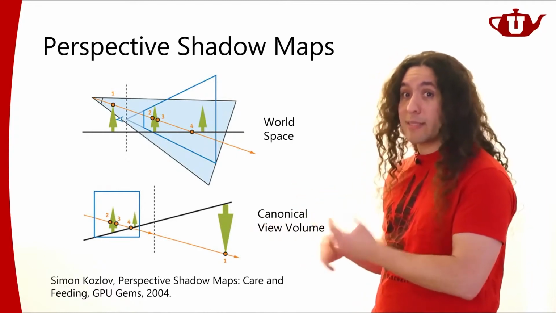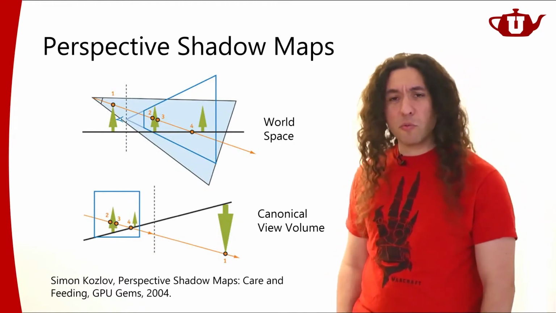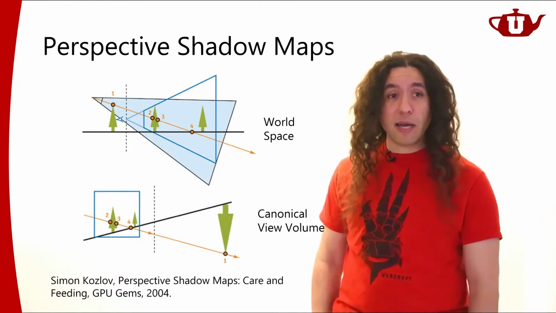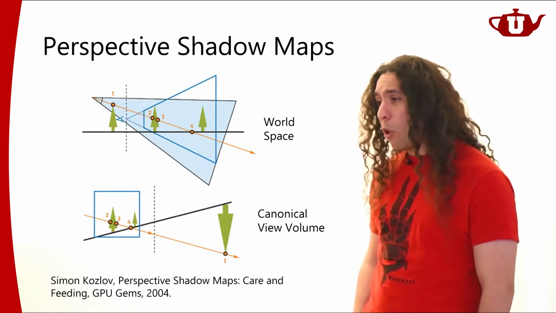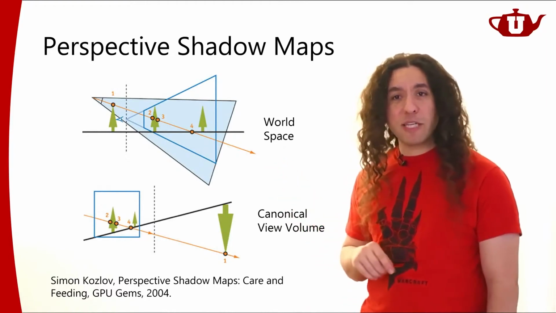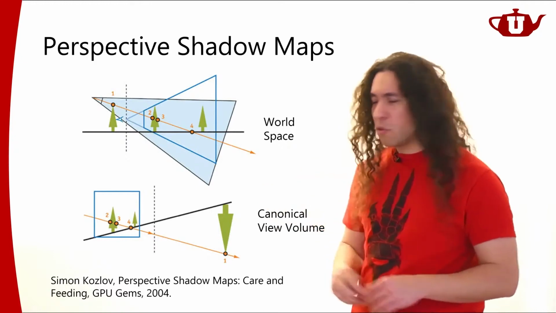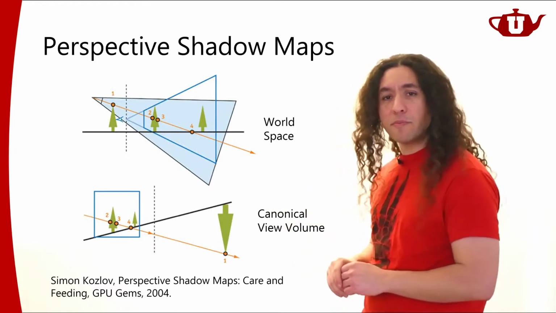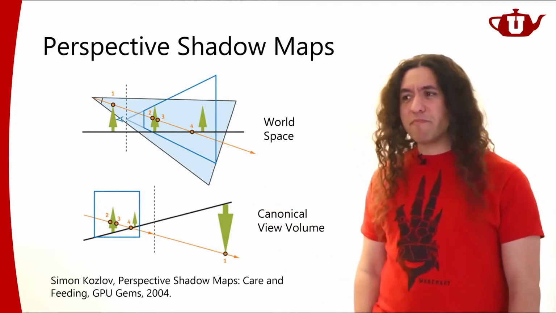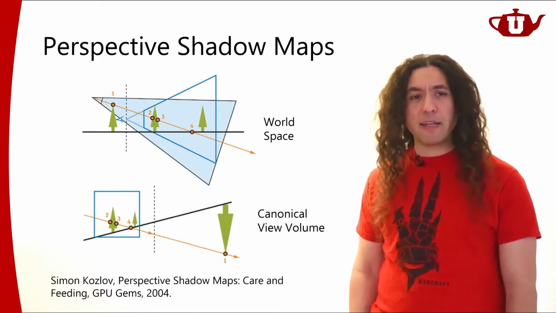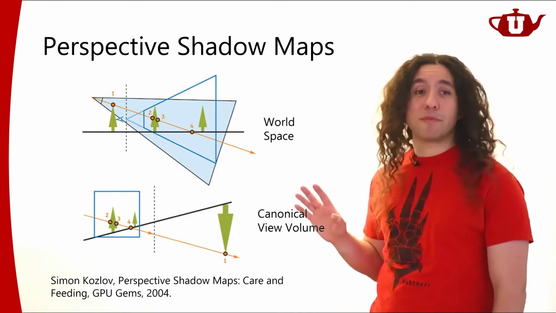And in those kind of situations, the perspective shadow maps would be a little difficult to work with. There are workarounds for this. There are ways to make that work. They involve changing the camera transformation a little bit. So you use a different kind of canonical view volume, try to include all the other objects inside that volume. So there are ways to get around it, but it becomes a little difficult to handle well. It's a brilliant method. I love it, but it has its problems.